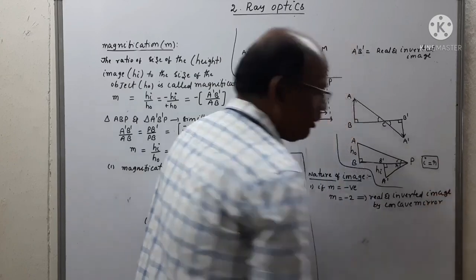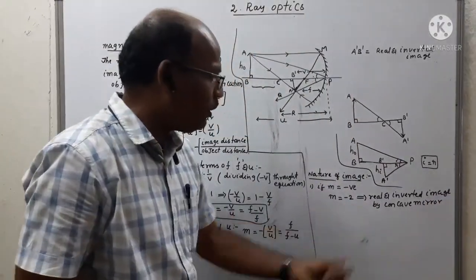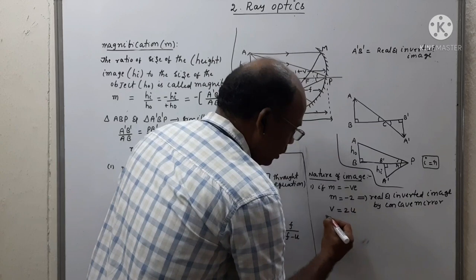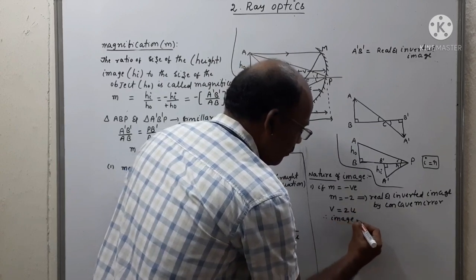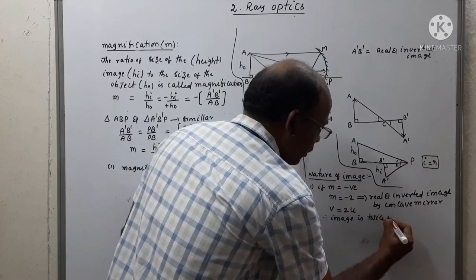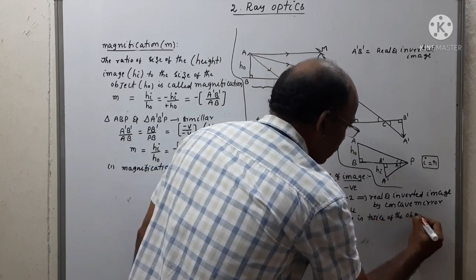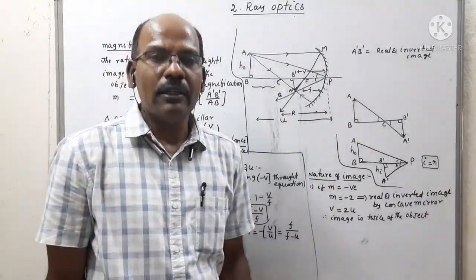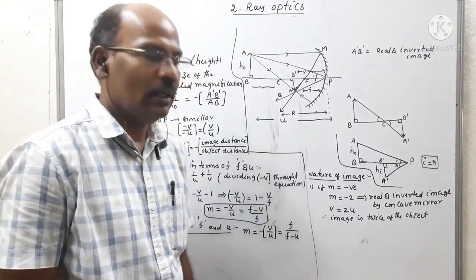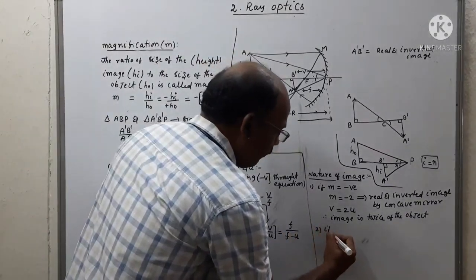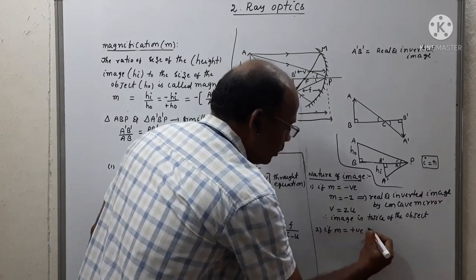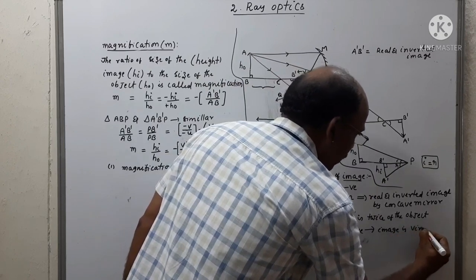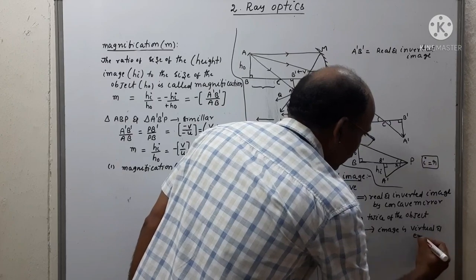Here the numeric value 2 gives the image size, I is equal to 2u, means the image is twice the object. So this is the reference we can explain basing on the negative or positive and the numeric values. And we can take the second case. If m is equal to positive, then the image is virtual and erect.